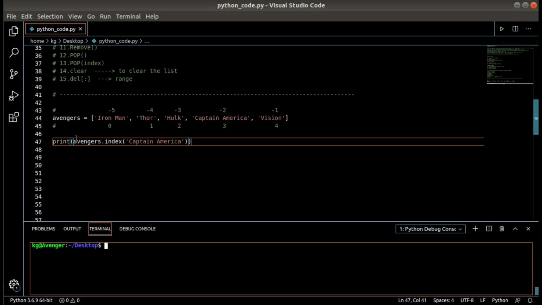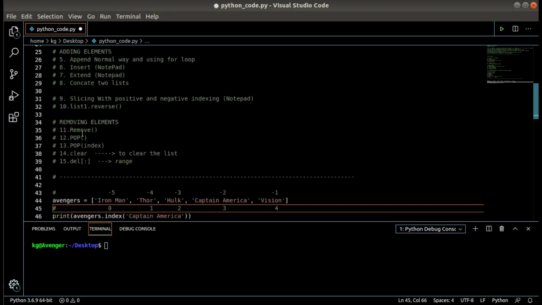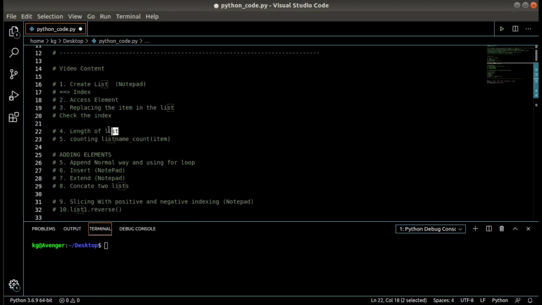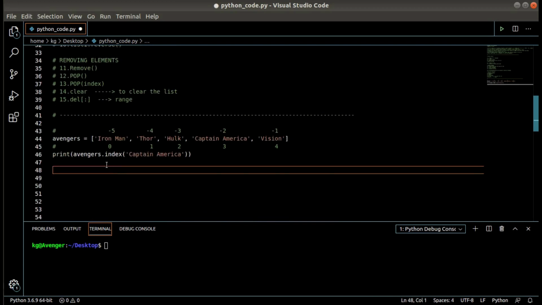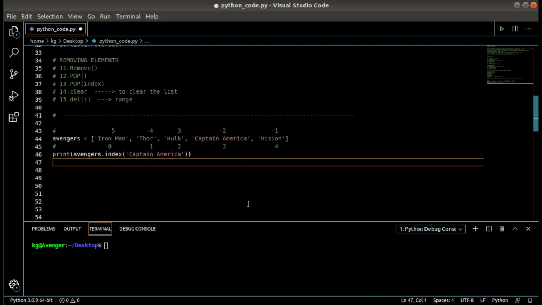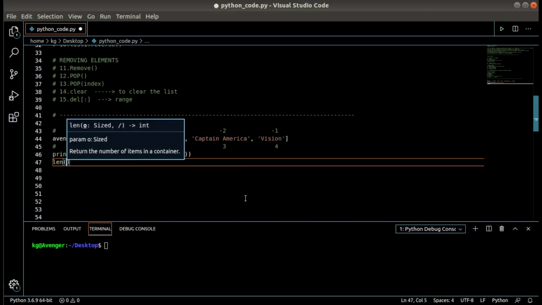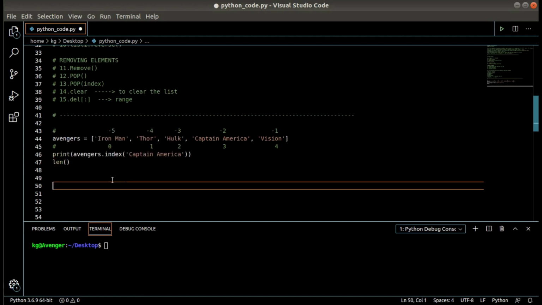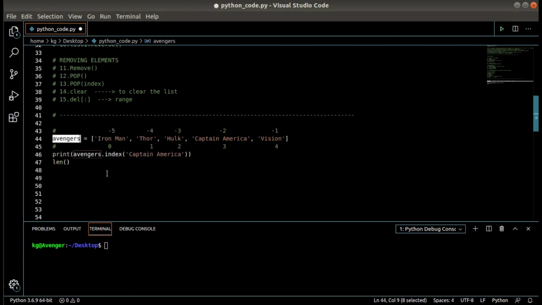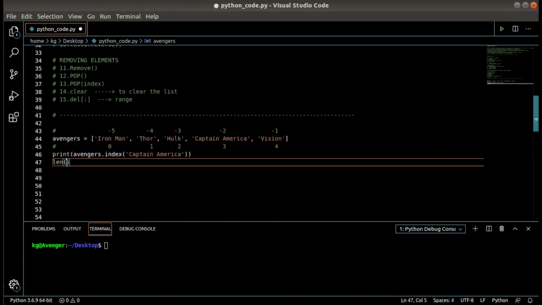So now moving ahead, we will check the length of the list and count items in the list using the count function. The length of the list is nothing but the number of items present in the list. We can do that simply by writing len. Len is used for calculating the length of the list, and put the list name inside that.